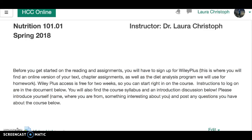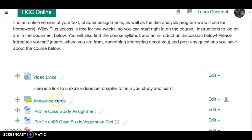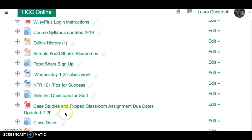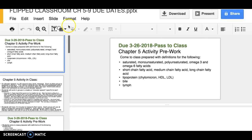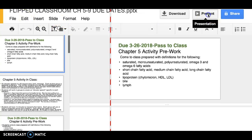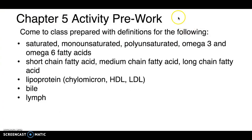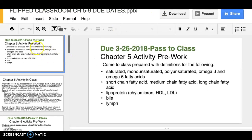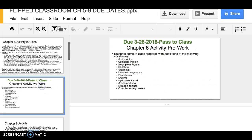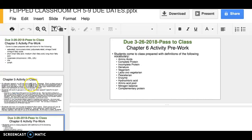So if you look on your Moodle, you will see that I have updated with an additional little PowerPoint here that says Flipped Classroom, chapter 5 through 9. If you click on that, you're going to see that there are a few additional assignments and due dates here. So as you can see on the 26th, you have both your chapter 5 and chapter 6 activity pre-work, which